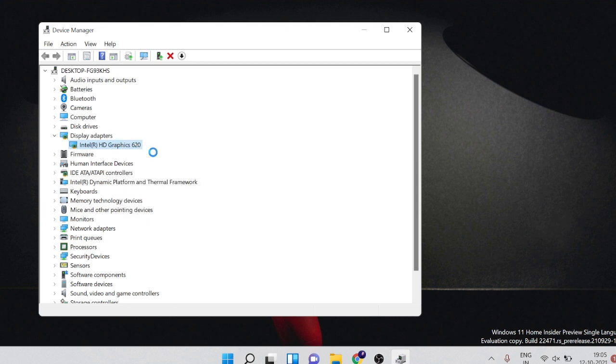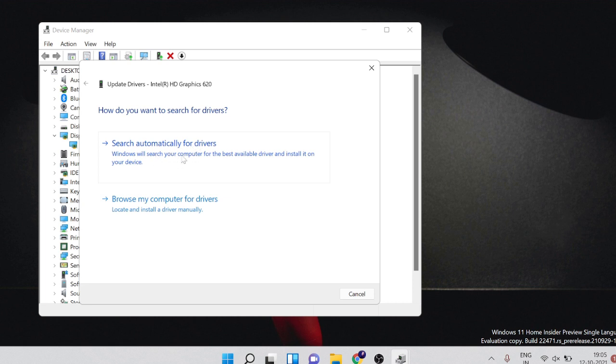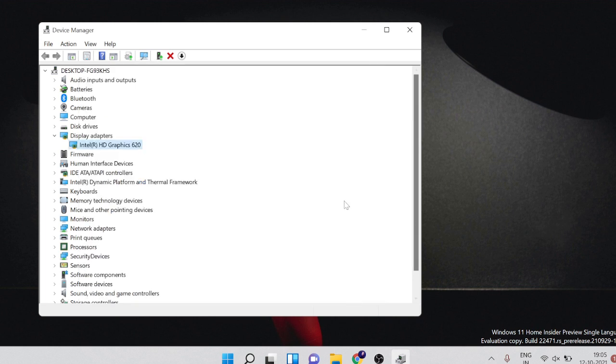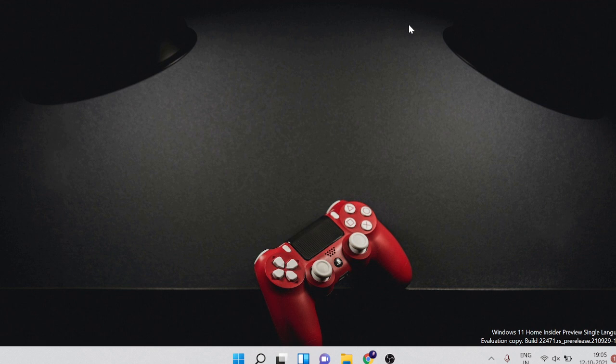Okay, then it will ask you to search automatically for drivers. You can go with this option. And after that, if there is any kind of update available, it will look for it and it will ask you for the installation. So simply follow the instructions. So once you are all set, just restart your PC and make sure guys, while playing the Valorant game, you avoid opening other applications which are not in use or which you don't currently need, right?